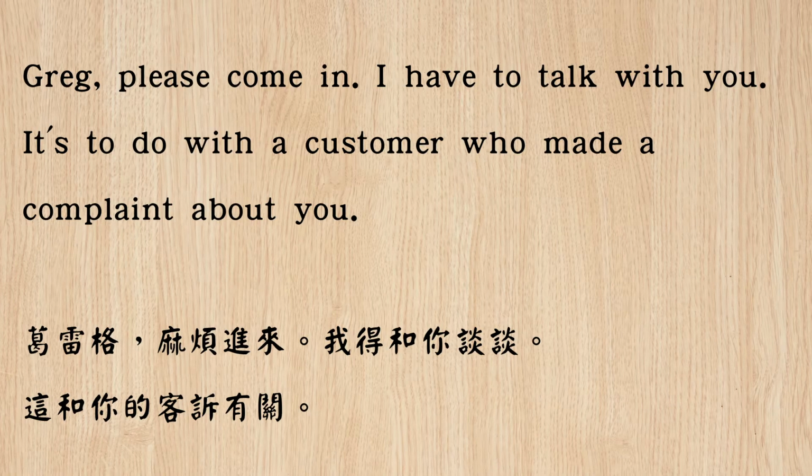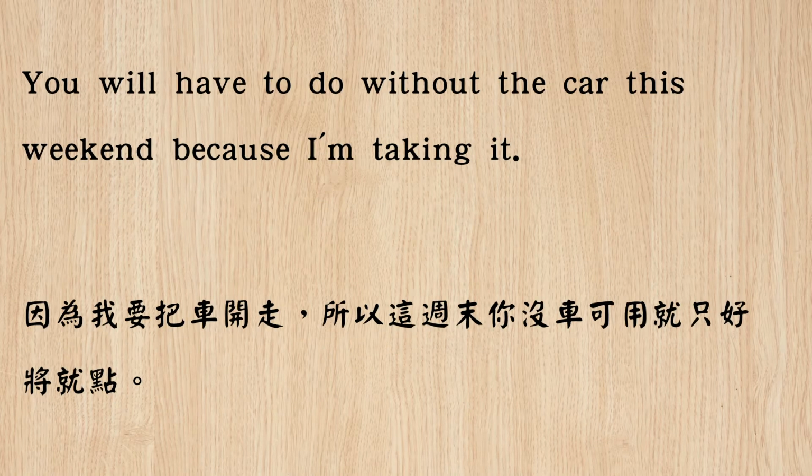It's to do with a customer who made a complaint about you. 这个时候是不好的事要发生了。第三个例句，因为我要把车开走，所以这个周末你没车可以用，只好将就点。英文可以说 You will have to do without the car this weekend because I'm taking it。这三个片语都使用到 do，基本上是同一个字汇的结构，最适合一起背了。